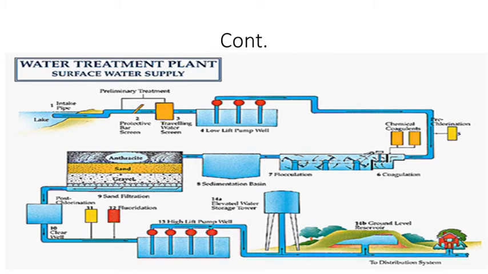This UV plant, ultraviolet rays, is very toxic and very harmful to bacteria. If you pass the water through those UV rays, that also kills all types of bacteria. So ozone treatment and ultraviolet treatment are the most efficient treatment methods for killing all types of bacteria, but one of the disadvantages is that it is a costly method.